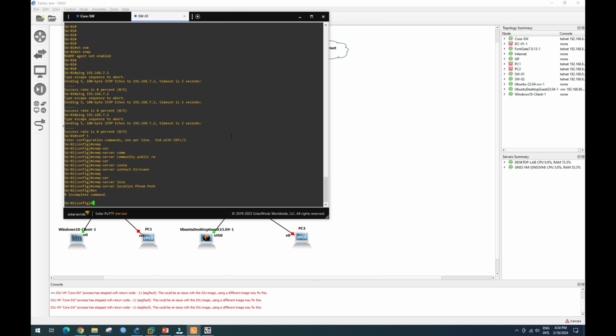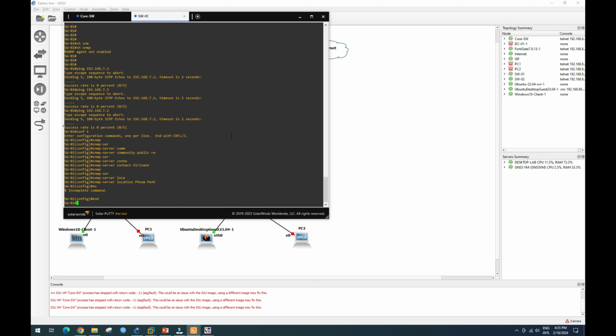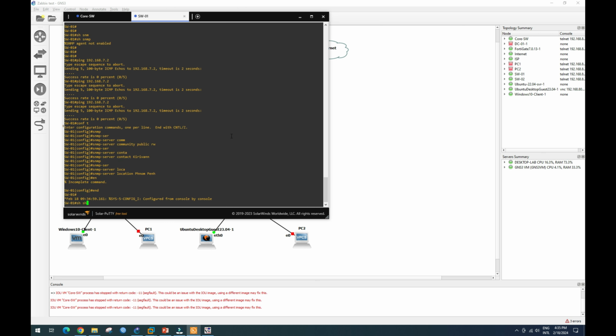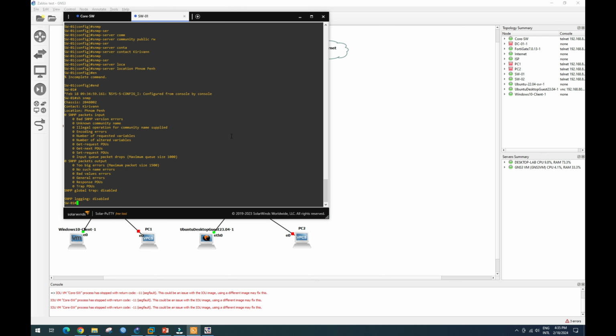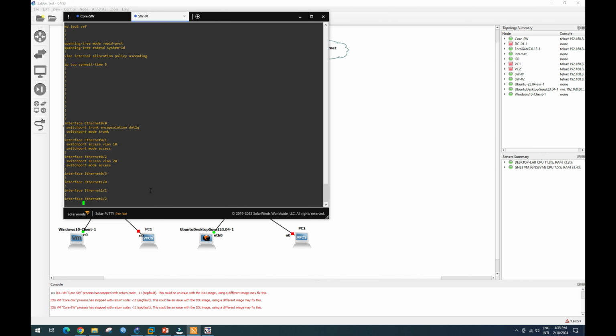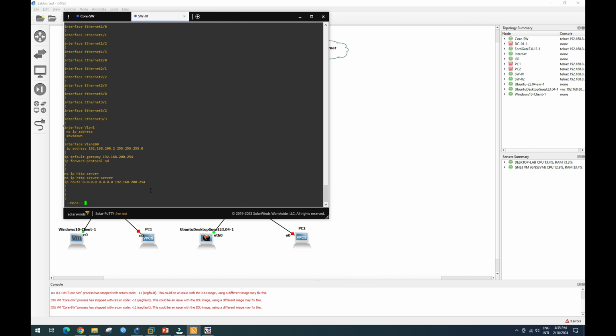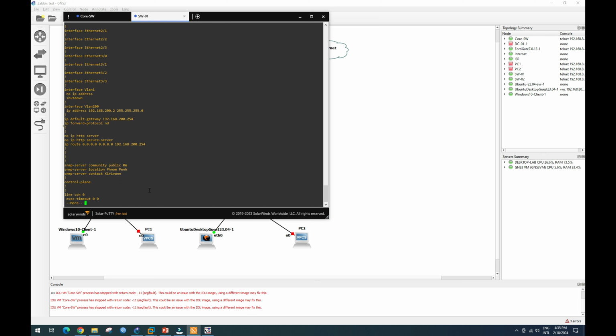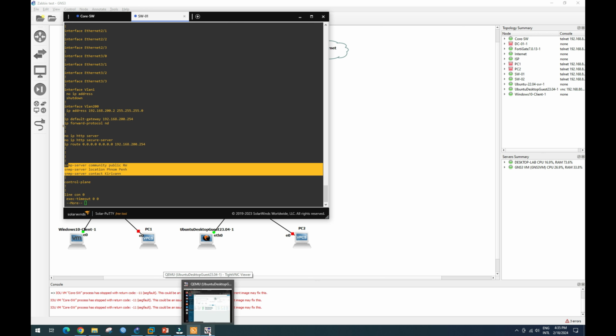Okay, so SNMP. Okay, now we have our SNMP enabled, and then we run. Okay, here. Okay, we go back to our